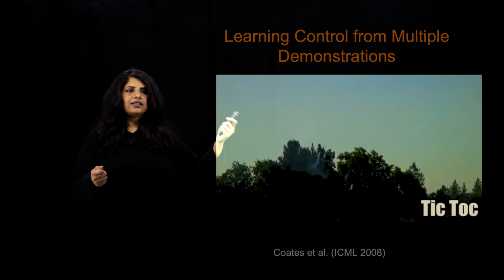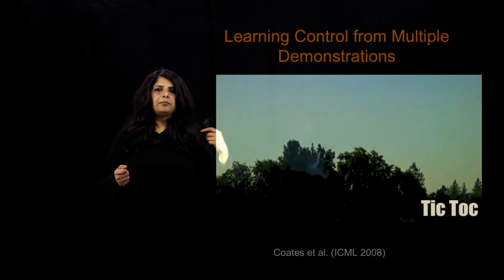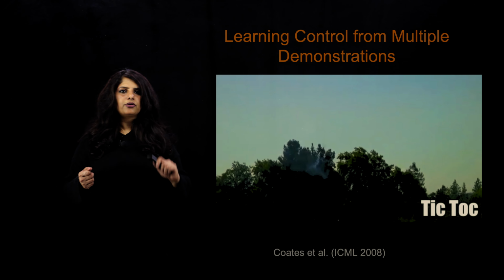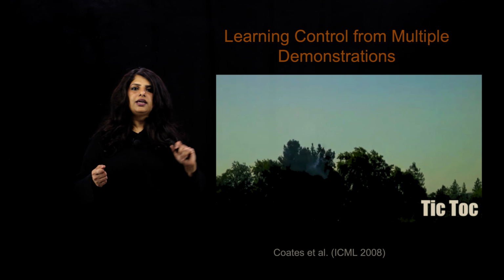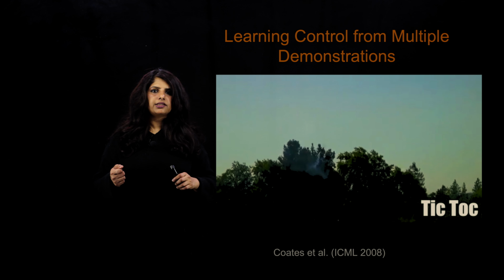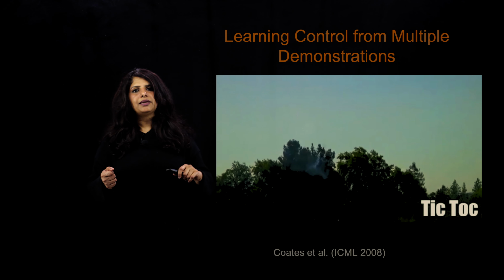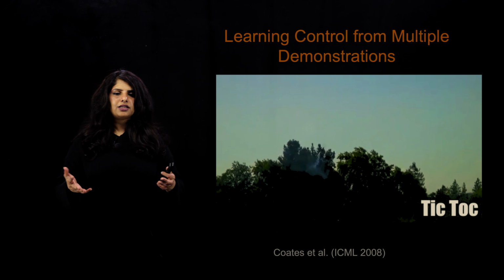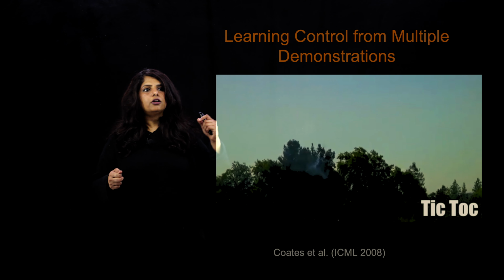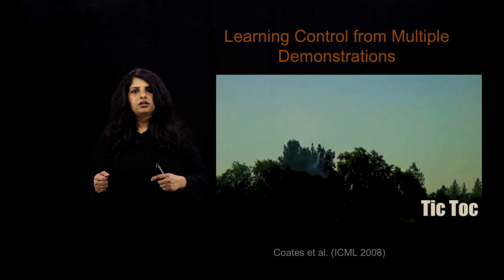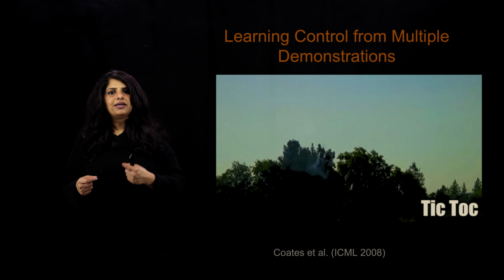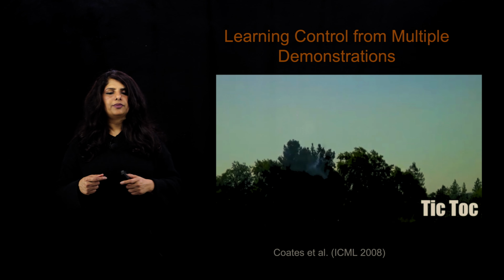The method that they made use of here is called apprenticeship learning, and we'll talk about it once we start discussing inverse reinforcement learning approaches. But the idea here is they make use of a feature-based reward function to recover what the reward function looks like, and then they make use of that to train a reinforcement learning policy.